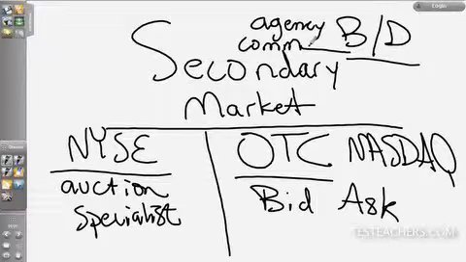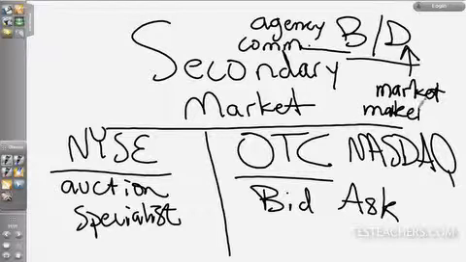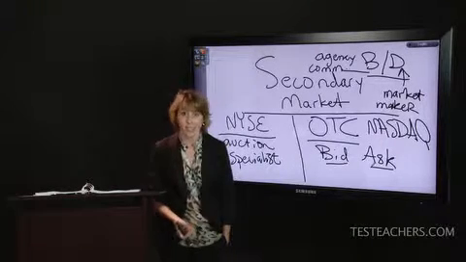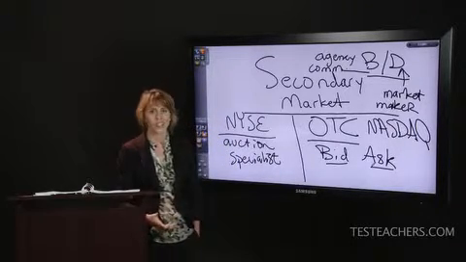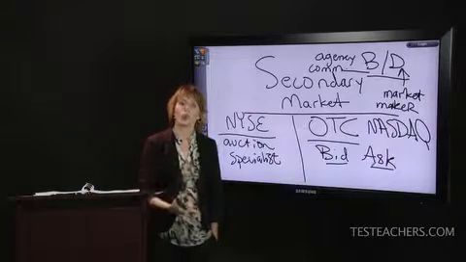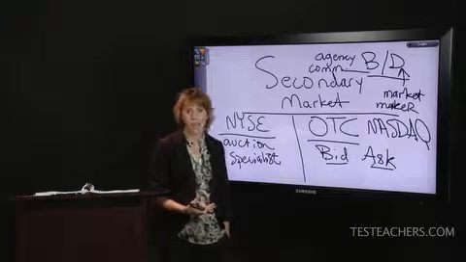When they take an inventory position in a stock, when they make the market, this is what we call a principal transaction. This is when they're acting as a dealer. This is what we call a market maker. So it's the market makers that enter in the bid and the ask price. The ask price is the least any dealer is willing to sell the stock at. So they sell the stock to another dealer. The bid price is the most any dealer is willing to buy the stock at.